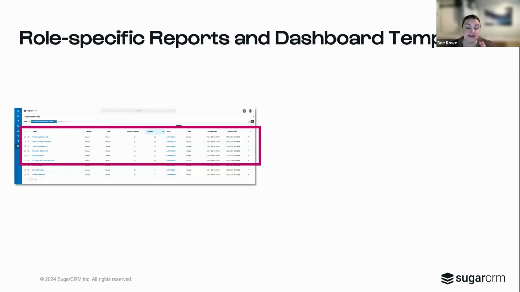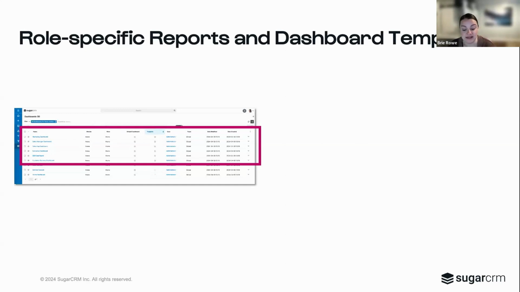The nice thing about these is that right out the gate, when you start using Sugar, I know we've probably got a lot of existing customers on board, but dashboards is an area where you essentially had somewhat of a blank canvas previously, which is nice because if you know exactly what you're wanting to build, you have the flexibility to do that. For those that aren't quite sure what they want to see, or they're interested in seeing what others might be using,